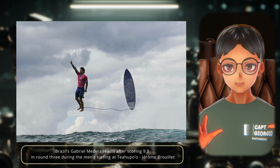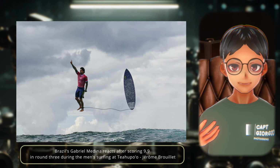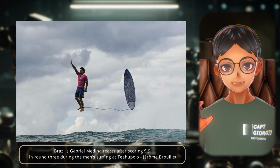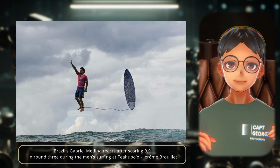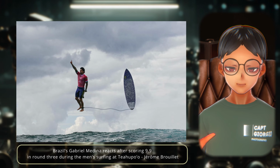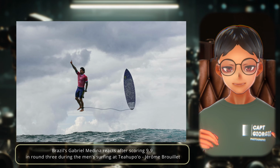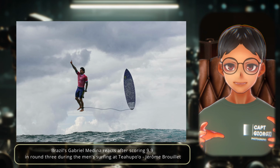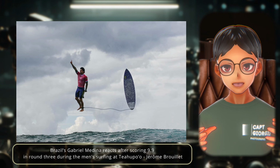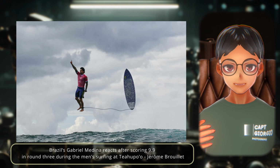How are you able to capture an athlete in this position? I thought it was fake. I thought it was AI, but no. This was captured in a split second as an action shot, while the athlete was, I think he was from Brazil. He had just found out he had won first place in the surfing event. He performed this one last flip, and for some reason, the board ended up being parallel to his body,